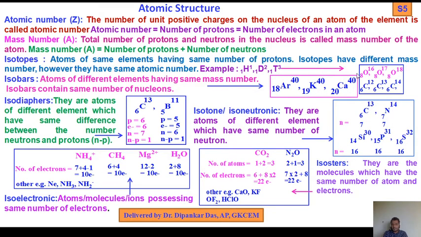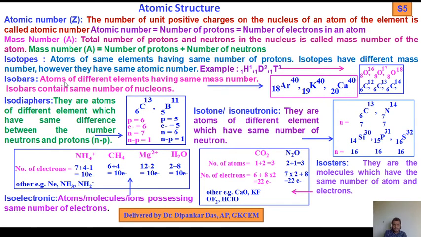Take another example: isotopes of oxygen, 16, 17, 18. You see again the same atomic number 8, 8, 8, so the mass number is different, 16, 17, 18. Another example, isotopes of carbon: C12 6, C13 6, C14 6. Here the atomic number is also the same, 6, and the mass numbers are 12, 13, 14. So that is the isotope: atoms of the same element having the same number of protons, or you can say the same atomic number, but different mass numbers.